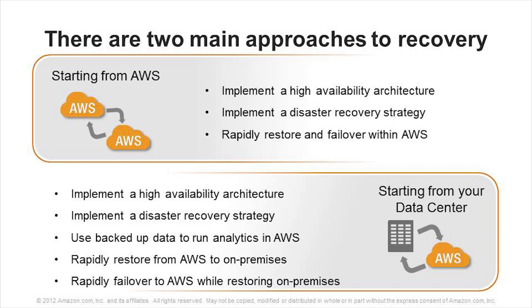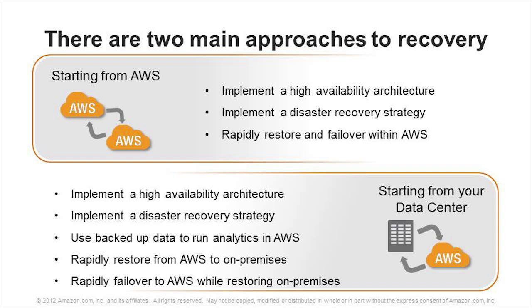This is if you already have a cloud-native application. Effectively, what you're doing is simply building a high availability architecture inside AWS. So you're going to have multiple instances distributed across several different availability zones. You're going to have an elastic load balancer to spread traffic out across those different instances. You'll have a disaster recovery strategy that says if instances fail, how do I replace them? Often, in the cloud-based model, a lot of that can be covered simply by using auto-scaling to say, if an instance fails, I need to boot up a replacement one in its place.